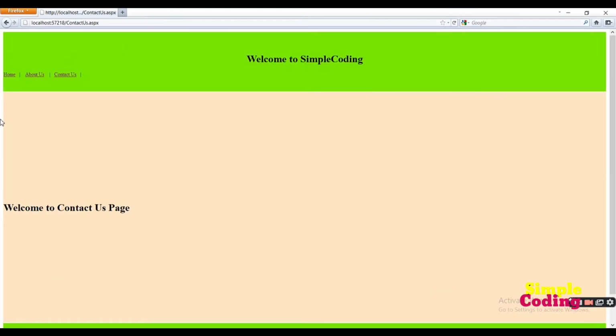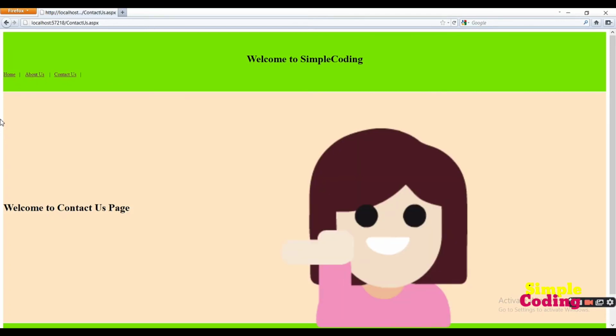Similarly when I click on the Contact Us hyperlink control, it navigates me to the Contact Us web form, which also shows "Welcome to Simple Coding" along with the copyright disclaimer. That means the master page properties are successfully added to our web pages. In this way you can work with master pages in ASP.NET.